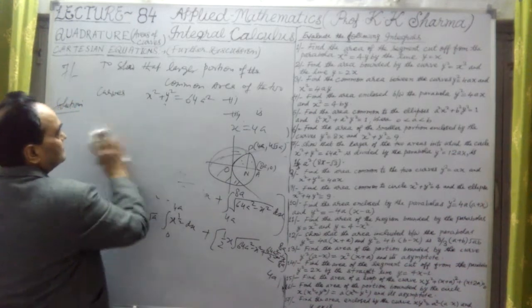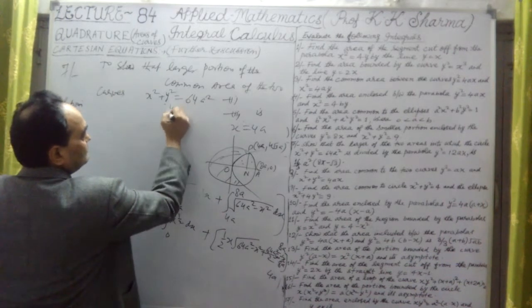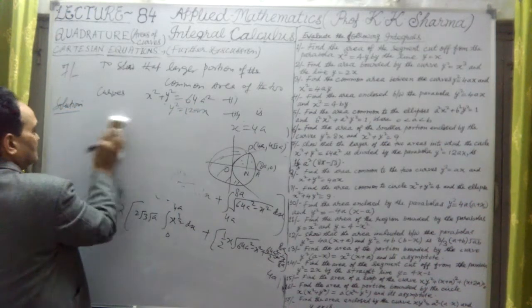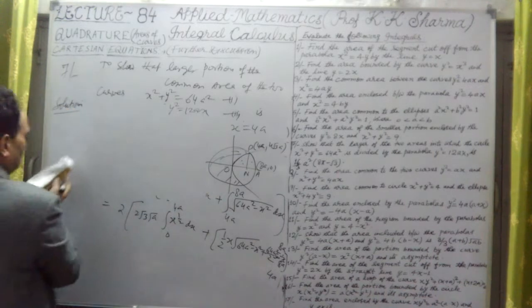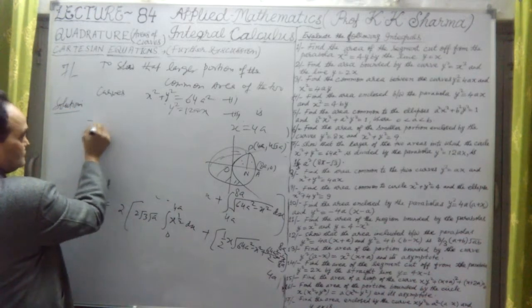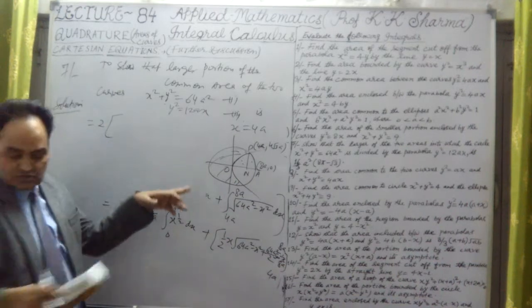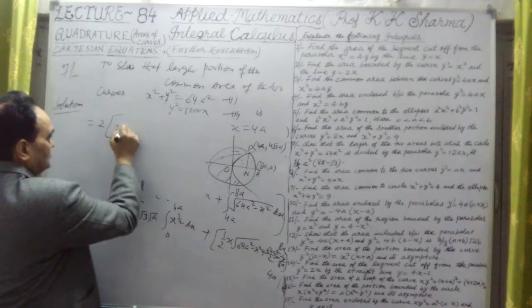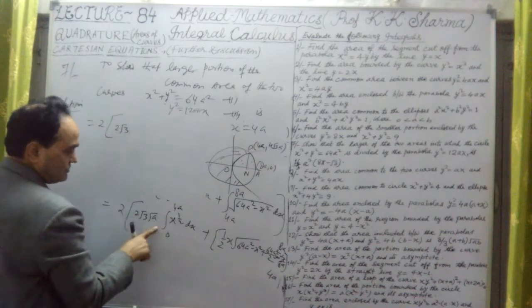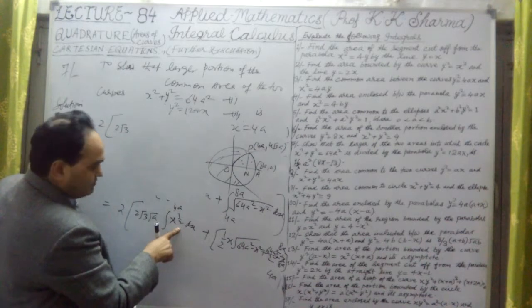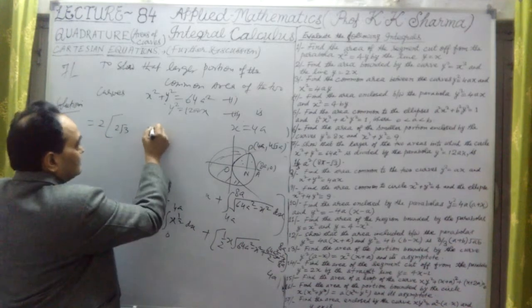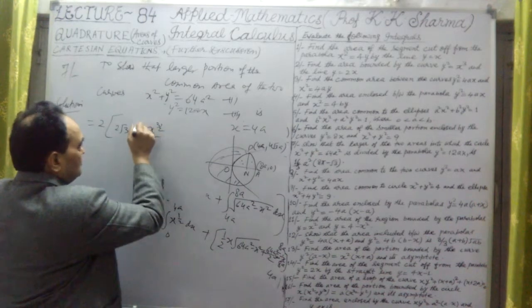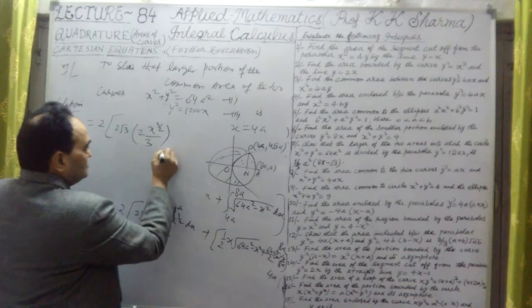Let me solve that here. And this is y square equal to 12ax, no problem. So finally, the area is twice, but this is only the smaller area we have calculated. Twice 2 under root 3 under root a, and this x half power is integrated as x raised power 3 by 2 upon 3 by 2, means 2 upon 3, into limit 0 to 4a,